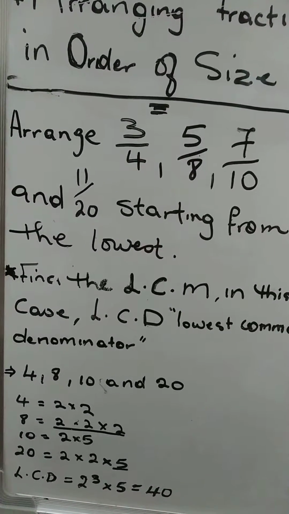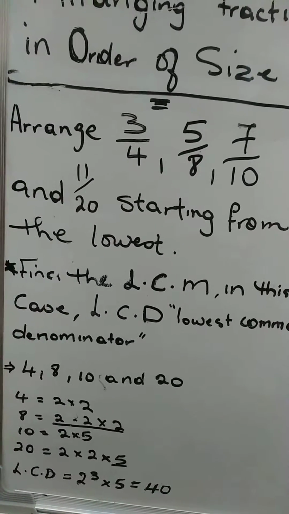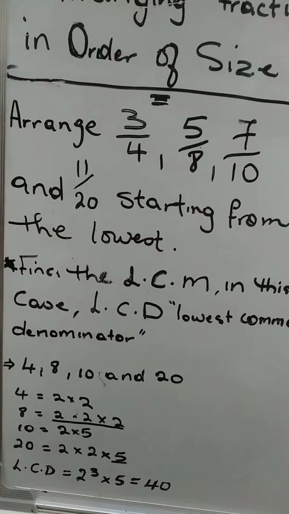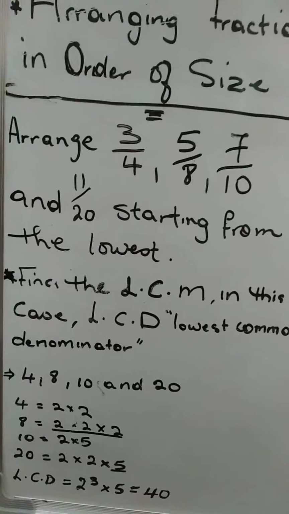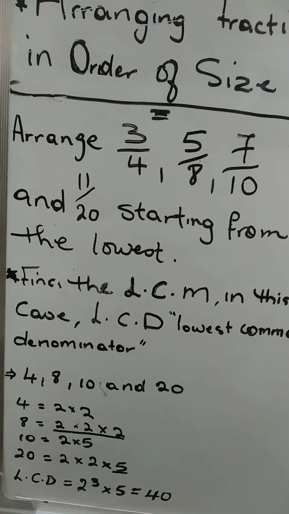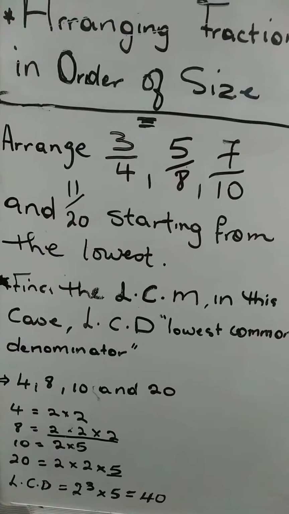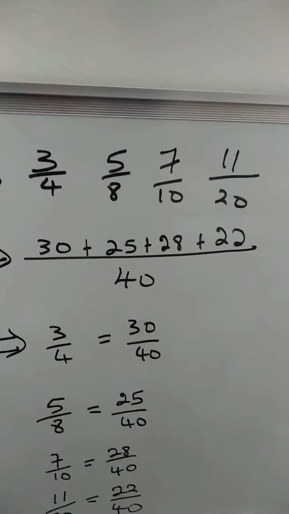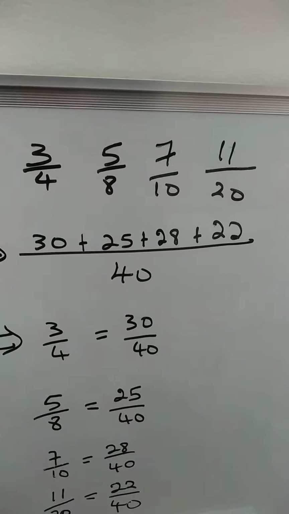And hence the lowest common denominator among the 4 denominators is found by taking the highest power of 2, which is 2 to the third, and the highest power of 5, which is 5 to the power of 1, the same as 5. So our common denominator is 40. After we found the common denominator, which is 40, what we're going to do